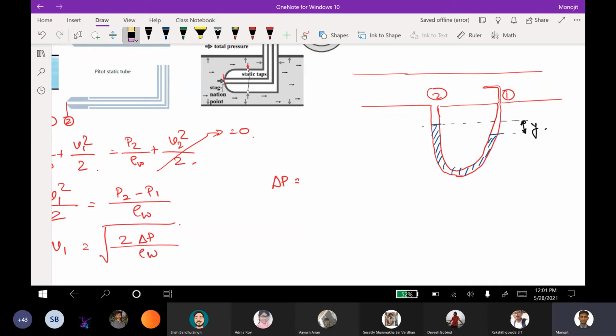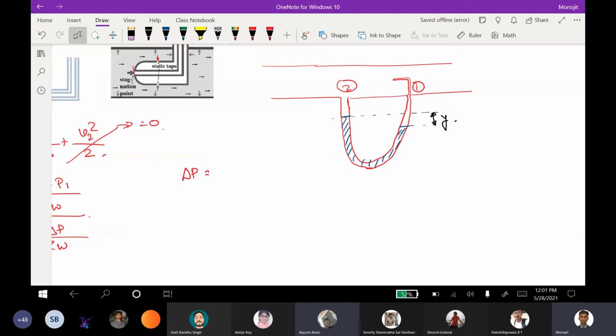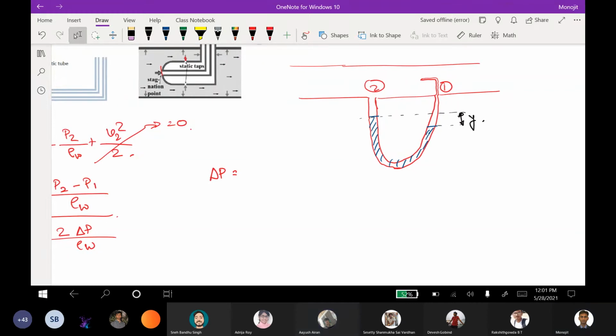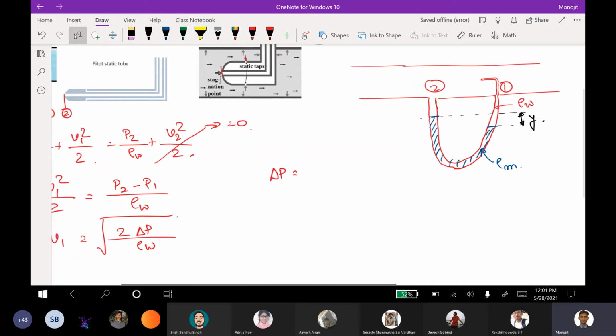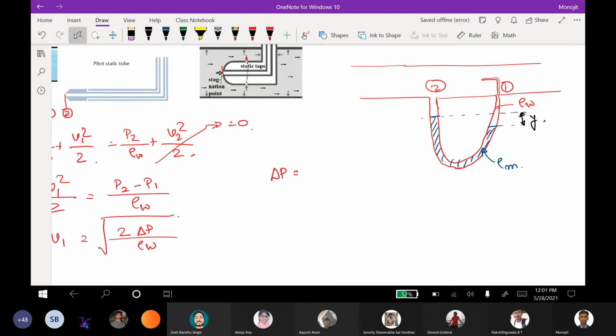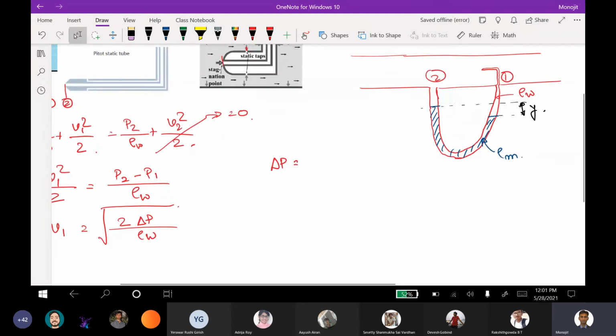Be careful. Is it rho gy? Which rho? Rho of that air, I guess. No, sir. Rho of fluid. Rho of fluid. Okay, wait. Let me mark everything. Let's mark this to be rho of manometer, and here you have the rho of water. So what is this delta P? Difference of density. Right. Do I have to derive this? I think you had gone through this fluid static course, so this should be very clear to you.